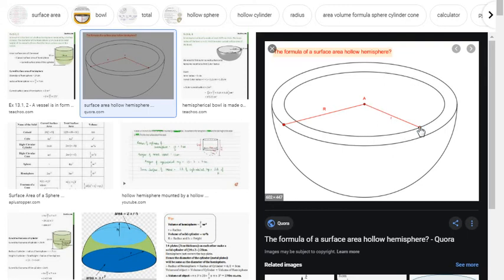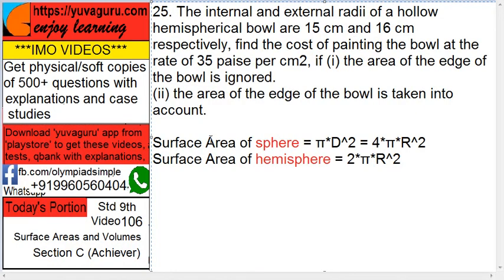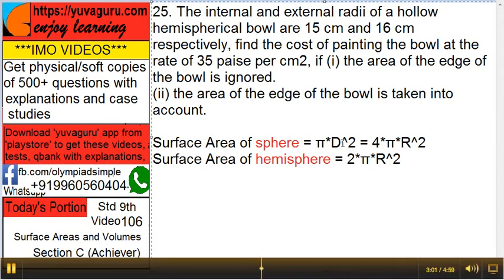Internal radius 15, external 16. This thickness, in one case it is ignored, in the other case it is considered. Now whether it is ignored or considered, what we have to find out is the surface area. We have to find the surface area, external plus internal, and then multiply it by the cost of painting, right? Here, the surface area of a sphere equals pi d square,